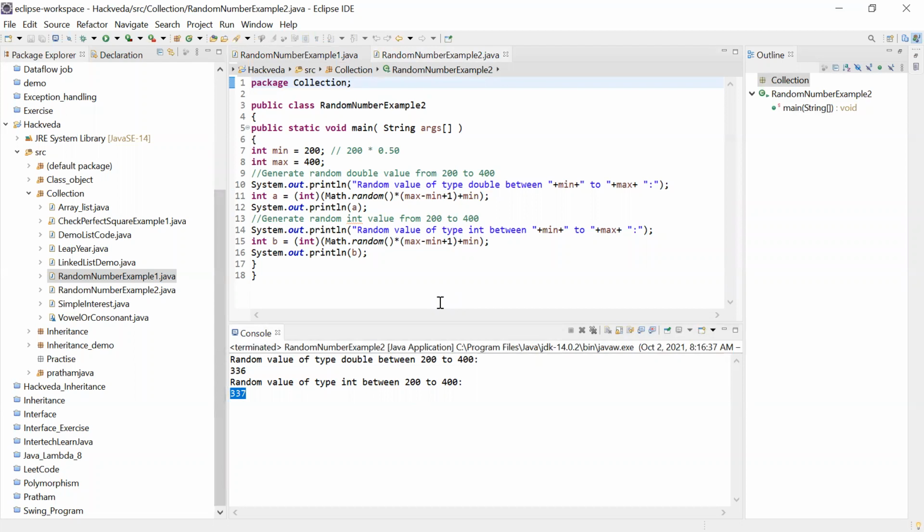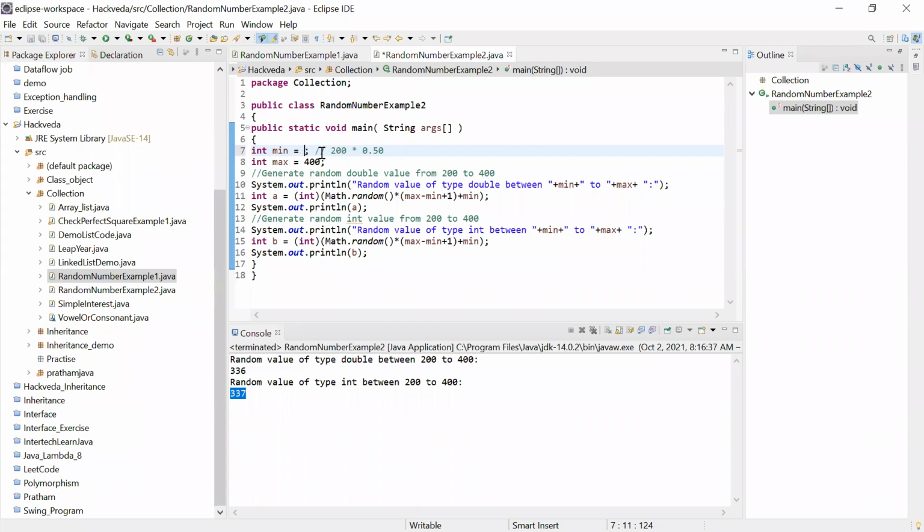So you can decide, suppose you want an OTP. Normally an OTP is 4 digits, right? So you can decide from 1000 to 9999 and run this. It will give you a random value in the range of 1000 to 9999.